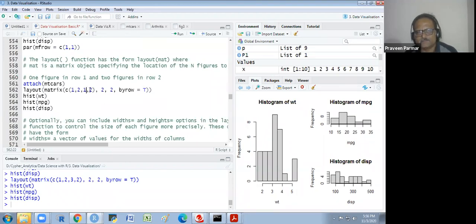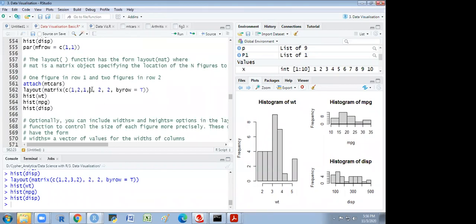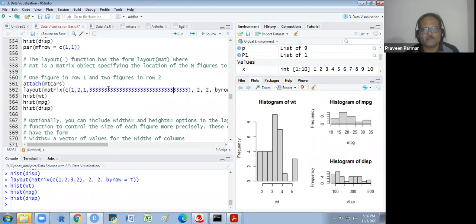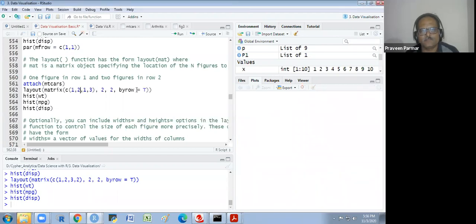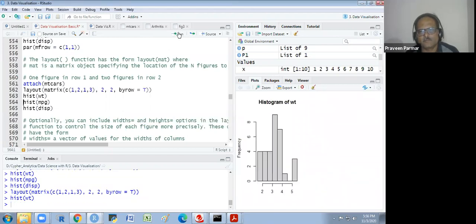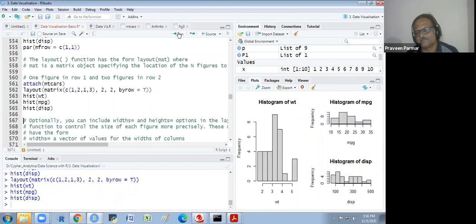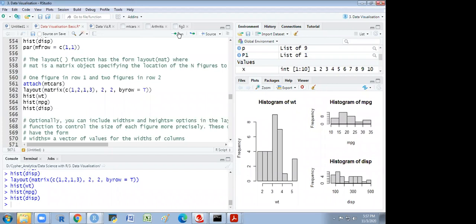Then it is third. Got it? So I remove this and run this again. Got it?